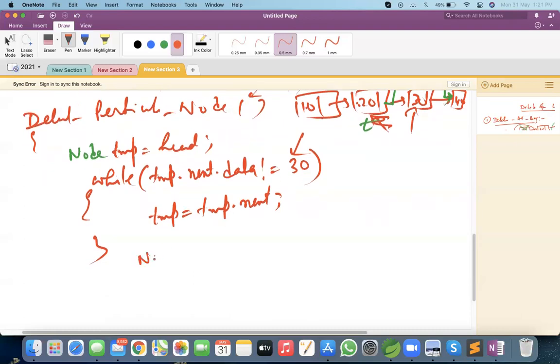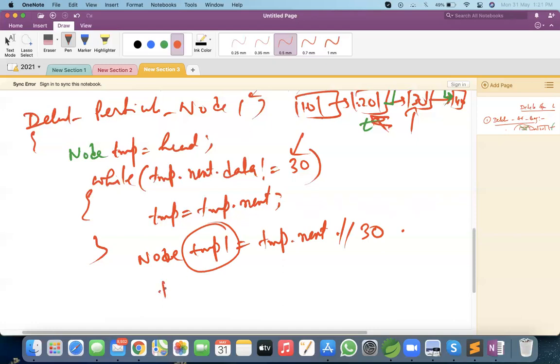If you want to delete, you can take temp1 equal to temp dot next. If you do this, this will contain which value? 30. Okay, this is just for the delete or free operation. Now temp is here. So temp dot next equal to temp1 dot next, since temp1 is pointing to 30, right?